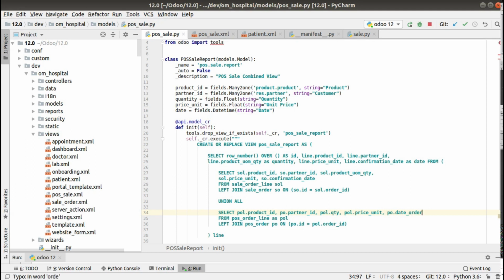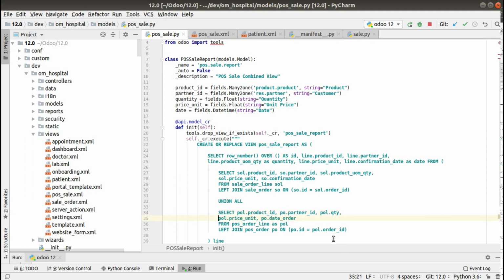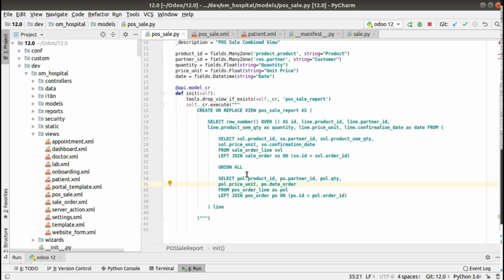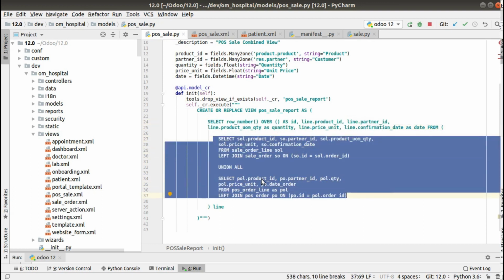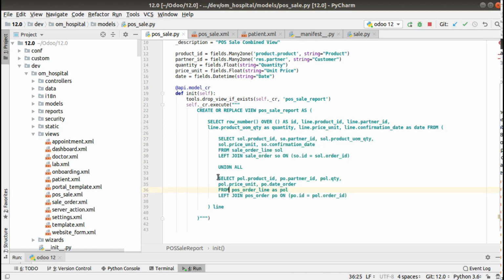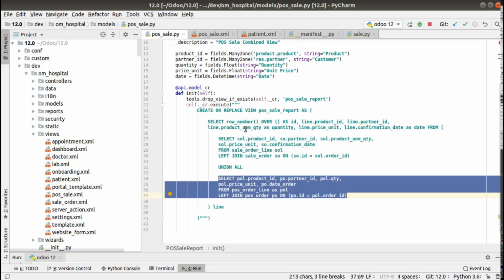That's done. We have selected all the values now, but if you upgrade you will have an error, because this select statement applies for all these values. Inside this union we don't have product UOM quantity.